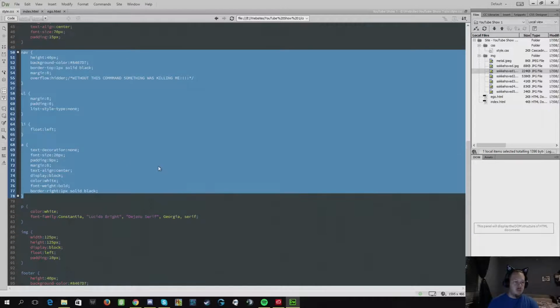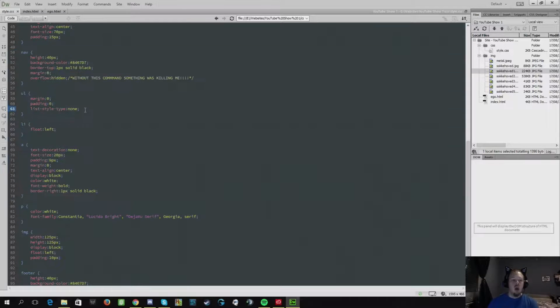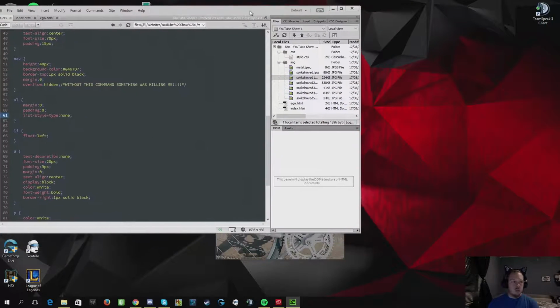There we go. Basically with the nav, I had to find out how to remove some kind of dot or something like that. I can also just try and show you. Now you're just going to see my messy